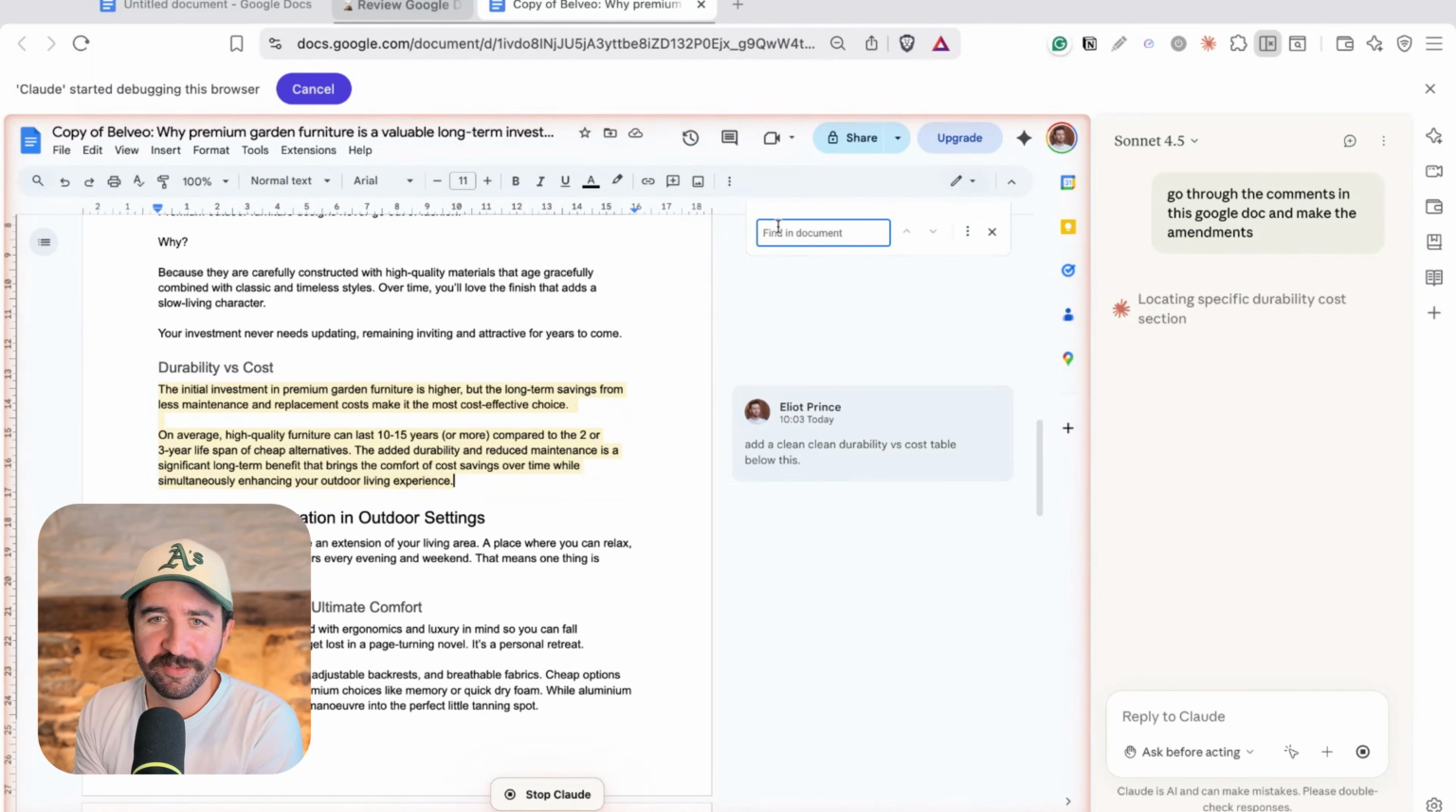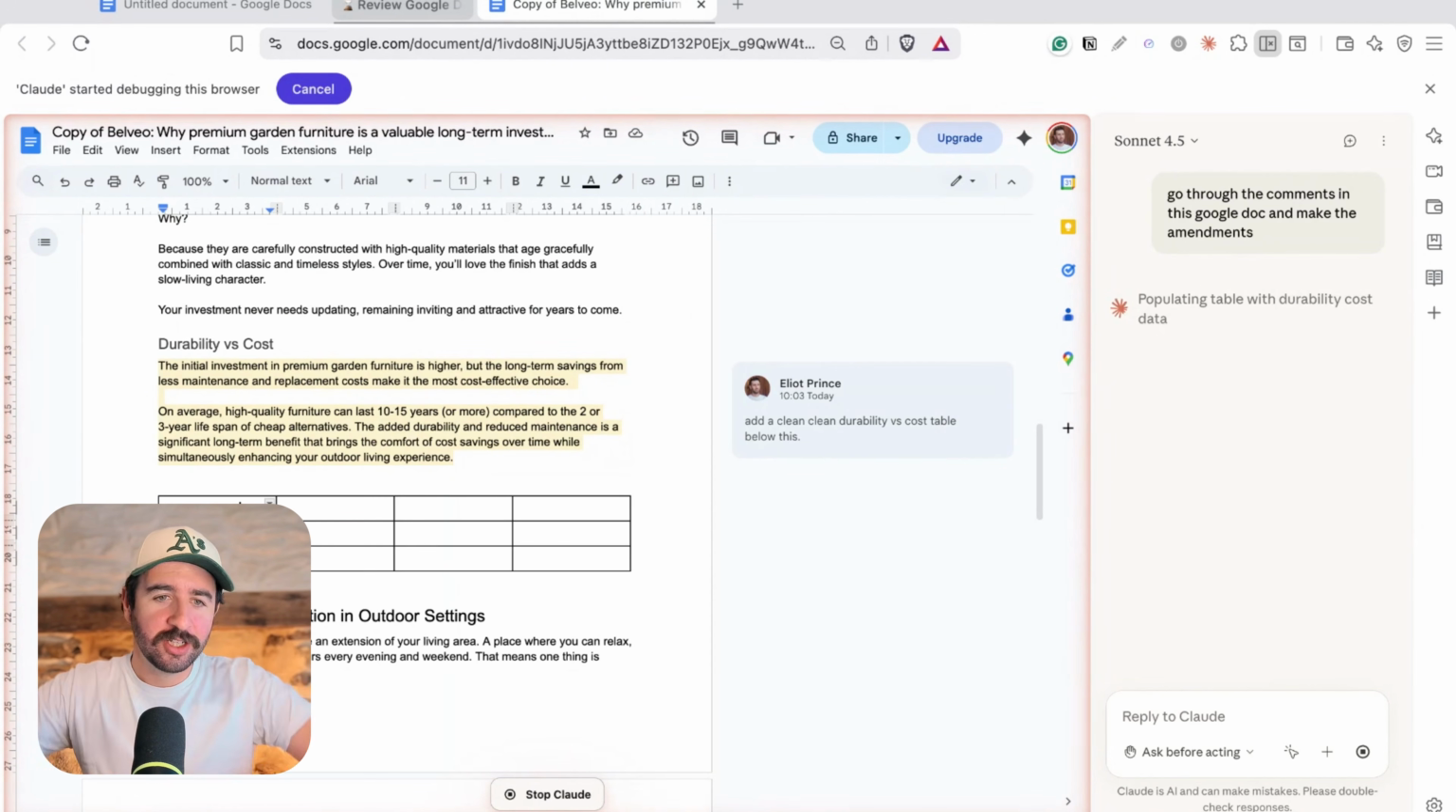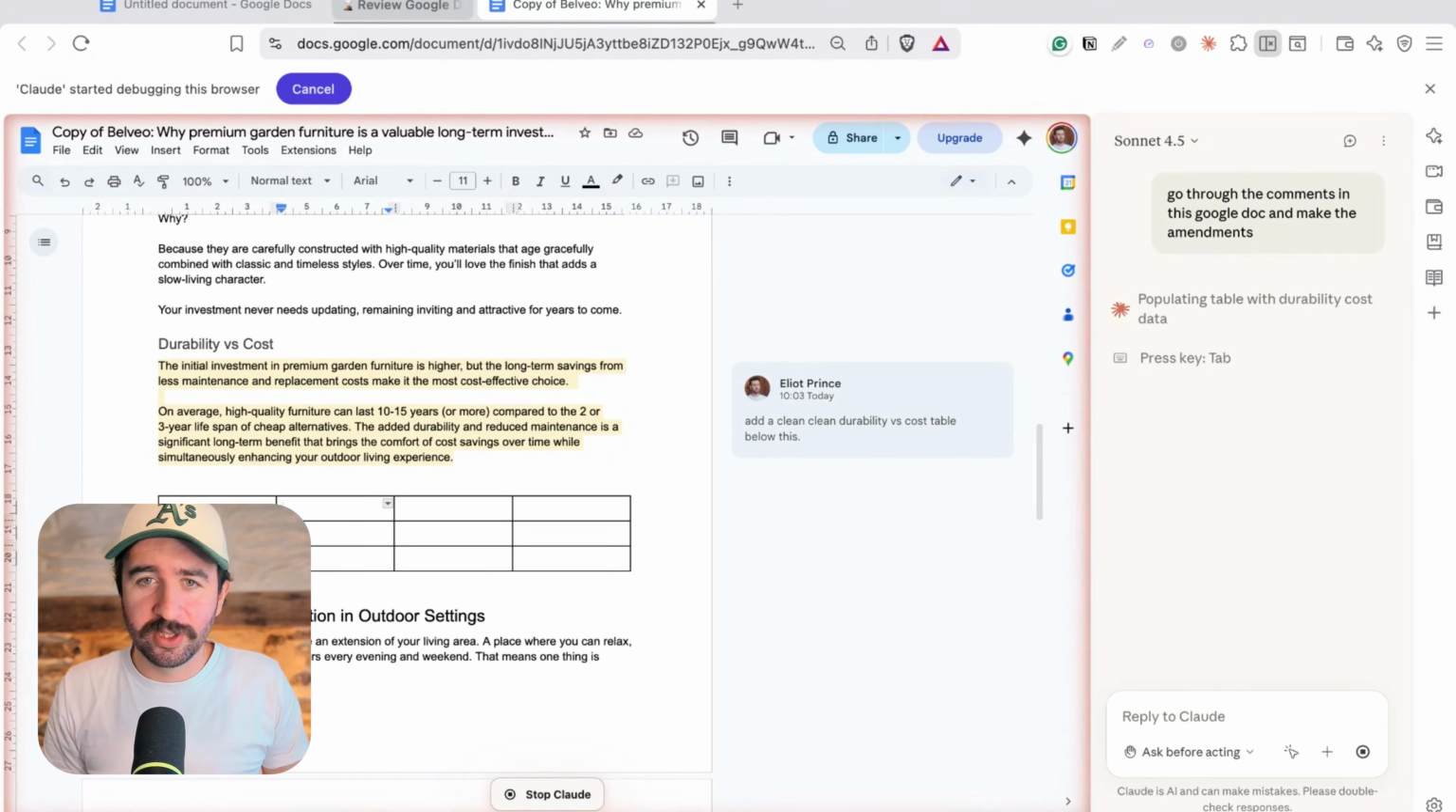You can see, look, it's actually going through, it's starting to find sections in the document based on the comment here. So I wanted it to add a clean durability versus cost table below this, and it's actually using the search function to find this. And now it's doing as instructed, starting to type out and populate this table for us. So we can even now just leave that to get on with its work while we do some other stuff,